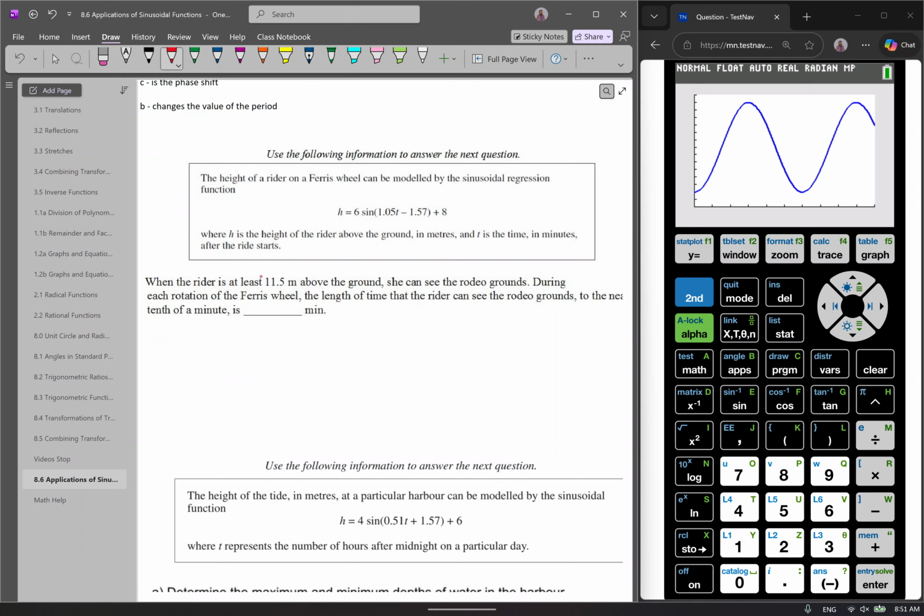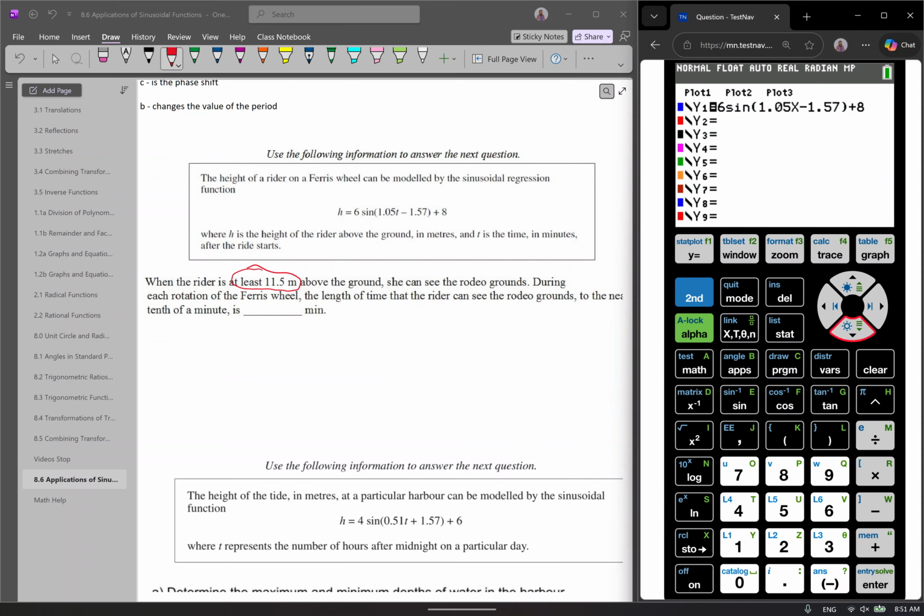Okay, so it asks when the rider is 11.5 meters above the ground. So I would make my y2 11.5 and then graph it, and you can see the red line is the height where the rider is 11.5 meters above the ground. So we need to know how long the rider is above that height. If we can find the value at this point here and this point here, then it will all be great. So we're going to get the intersect